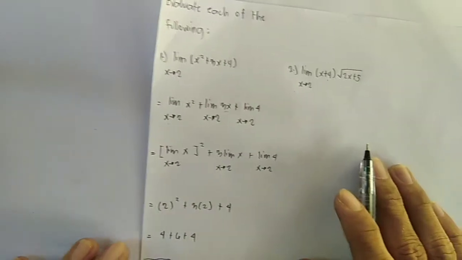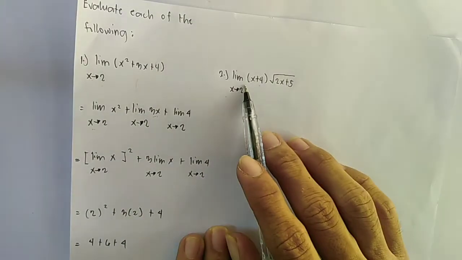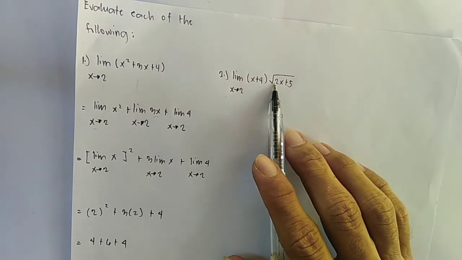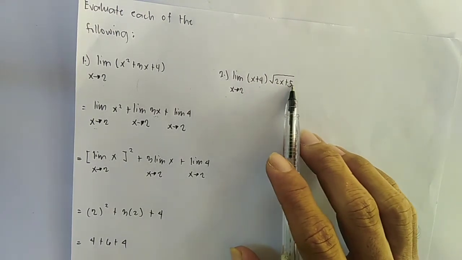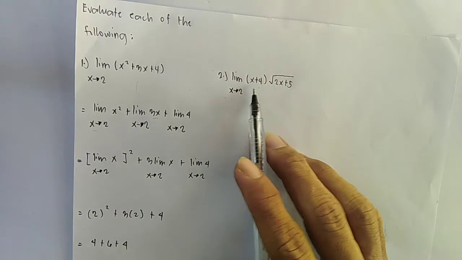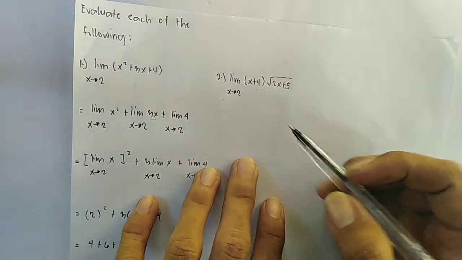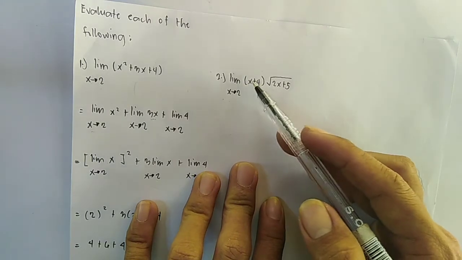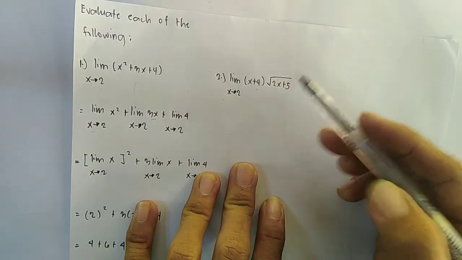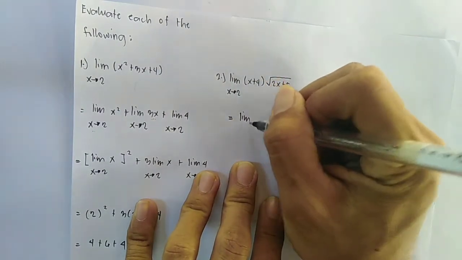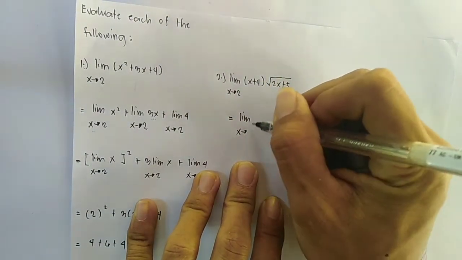Let us move to the second example. We have the limit of the function x plus 4 times the quantity square root of 2x plus 5 as x approaches 2. Again, the first thing that you're going to do here is to distribute the limit notation to each term in the function. So we have here is equal to, so we have to distribute